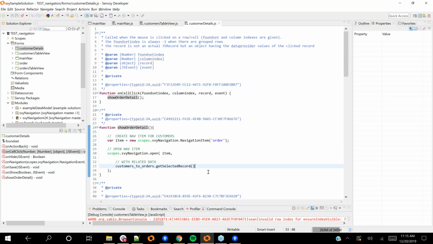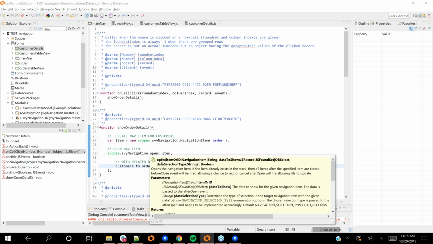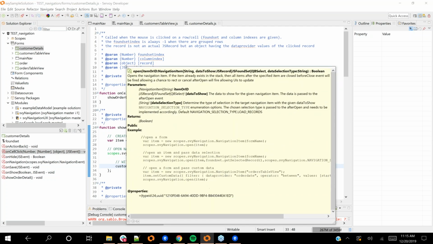And that's specified as the data to load in this svyNavigation open method. If I mouse over this, you'll see I get all the doc. It's a self-documenting API. Of course, this is all in the wiki as well with examples, etc. And you can see that there's an optional argument that I put in for this example, data to show, and